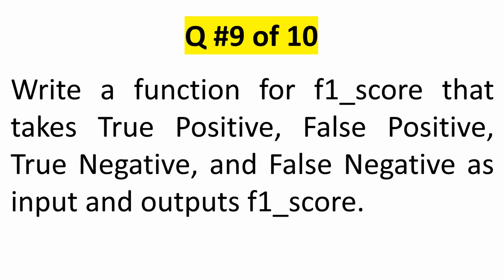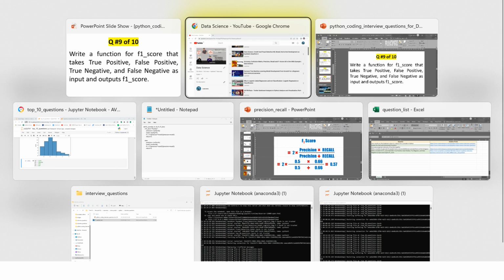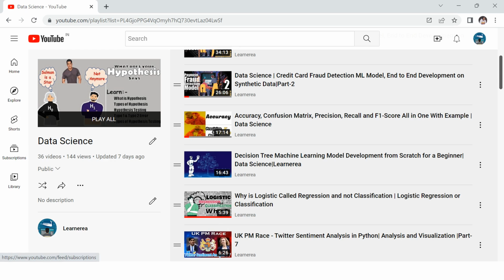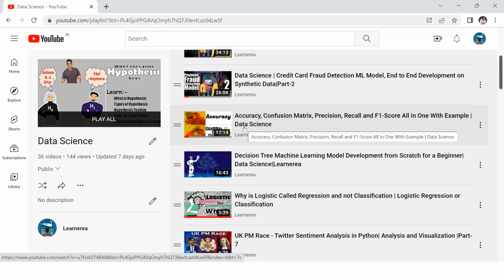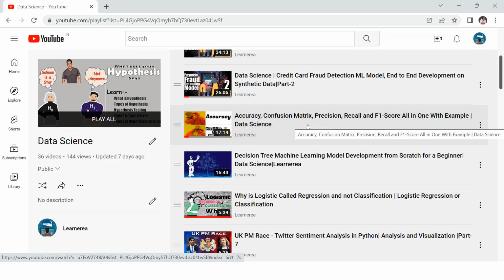Now when you're working on this question, I believe that you're already familiar with these terms: what is precision, recall, false positive, true positive, false negative, true negative, and what F1 score is. Just in case you are not familiar with this, I highly recommend you check out our data science playlist, and in that you have this comprehensive video. You can see this is a 17 minute long video. It covers everything end to end, and after watching this, I'm sure you would have very good